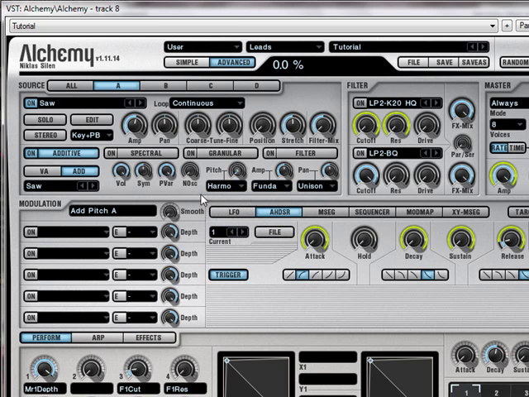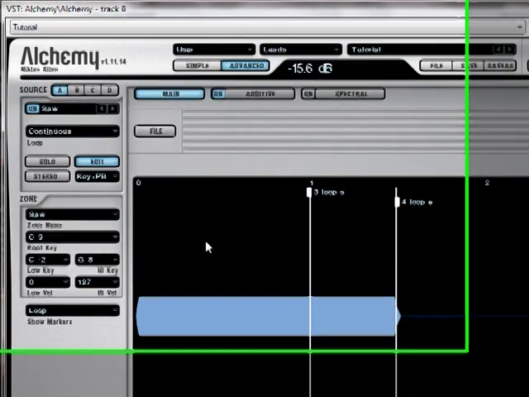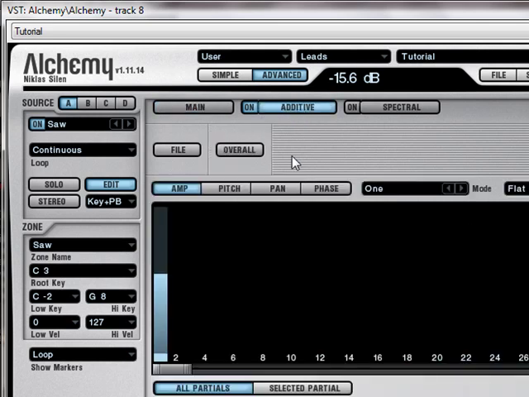Now click the Edit tab to open the detailed Additive editor. What you see first is the main waveform overview. We do not need this view for anything, so let's click the Additive tab to move into the Additive editor. What you're seeing now is the amplitude of a single partial, in this case our saw wave, at a single